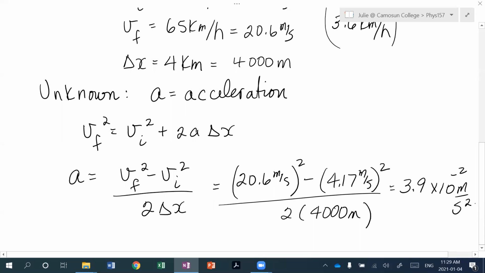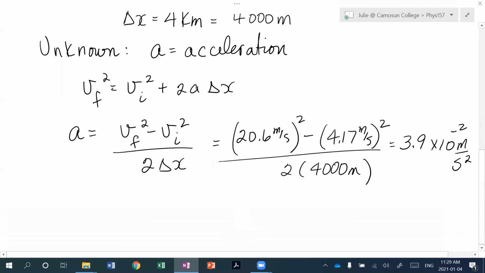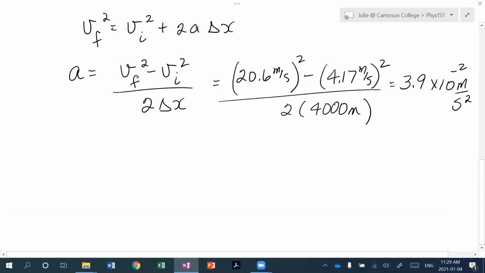So that's the first question, and that's the standard approach to any of these uniformly accelerated motion questions. The next example is free fall. Someone is throwing a ball from the ground. Of course, they're not going to throw it right from the ground; that would be the level of the hand, just as the ball leaves the hand. It's going to rise, stop, and come back down. And when it comes back to the level of the hand,